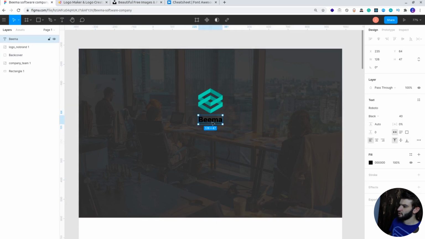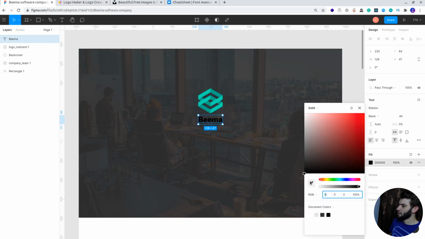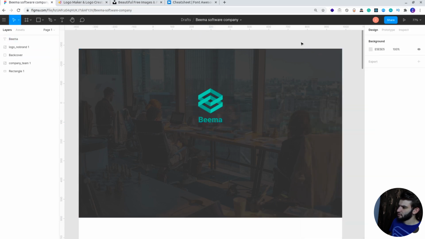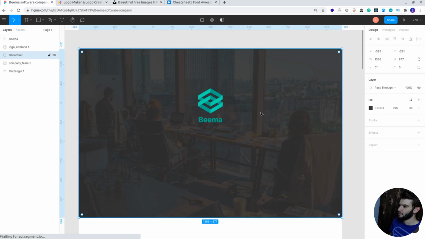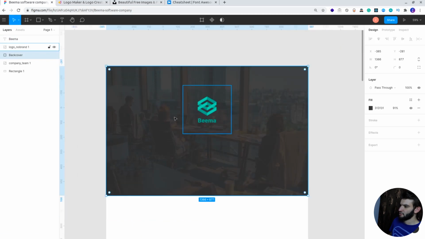Let me just go ahead and choose the right color. So the color, I'm just going to use the color selector in here, and I'm just going to hover there. Okay, so I think this color would do great. So just using the same color as the logo to get a matching pattern, and that should be doing a great job. So there you go. We got a pretty good